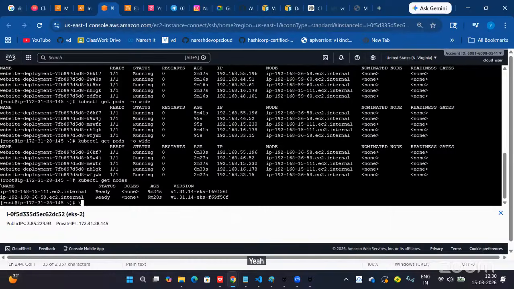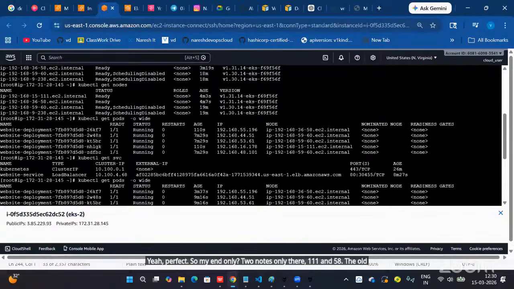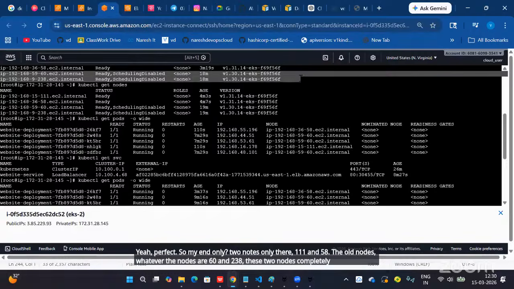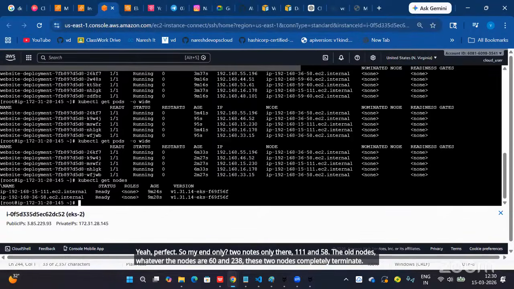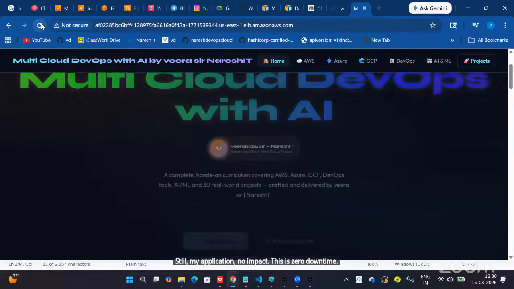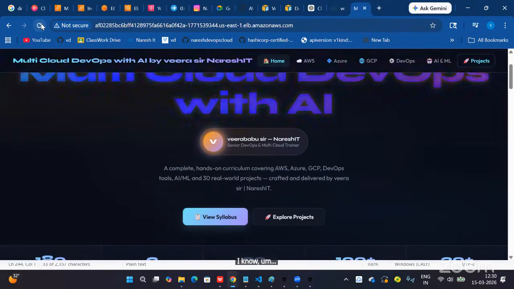Yeah, perfect. So on my end only two nodes are there, 111 and 58. The old nodes, 60 and 238, these two nodes are completely terminated. So this is the process, guys. Still my application has no impact. This is zero downtime, cluster upgraded from one version to another version.